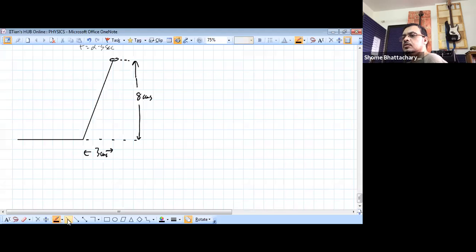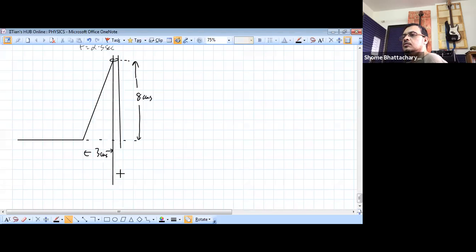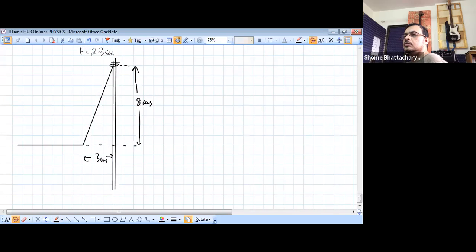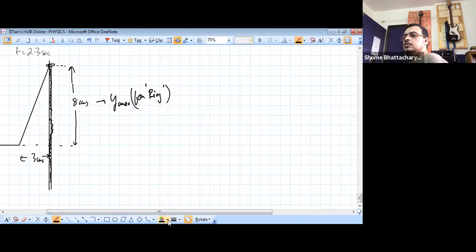At this point of time, the boundary is present here. That's a pole. This will give you the answer for the last part of the question: at what point of time the ring's displacement is maximum, and what is that maximum displacement? This is the maximum displacement for the ring. But at this instant, the overlap picture,